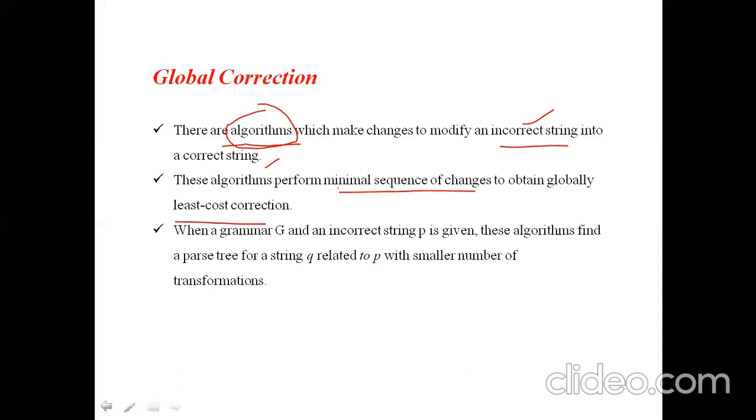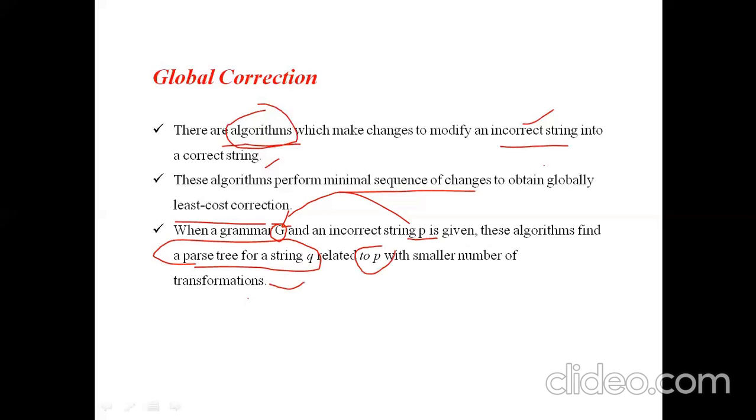See what will happen here is when a grammar G and an incorrect input string P is given, G is the given grammar and P is the input string which is not matching that grammar. These algorithms find a parse tree for a string Q related to P with a small amount of transformation.